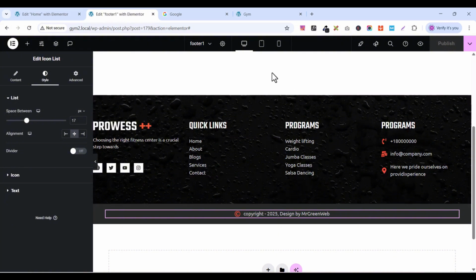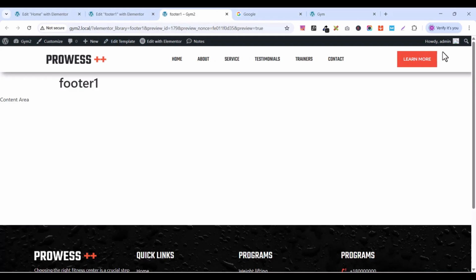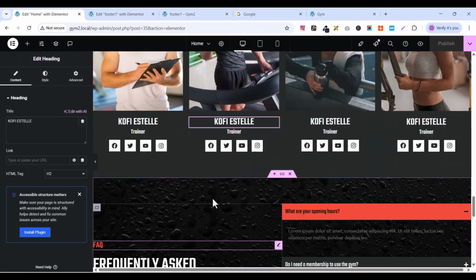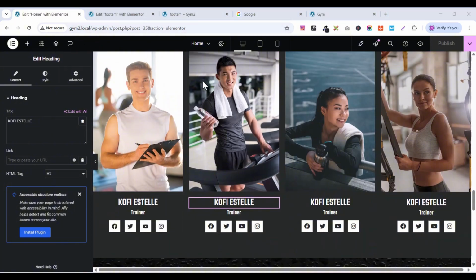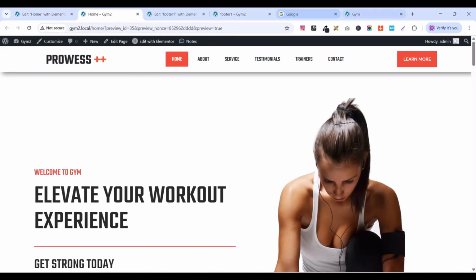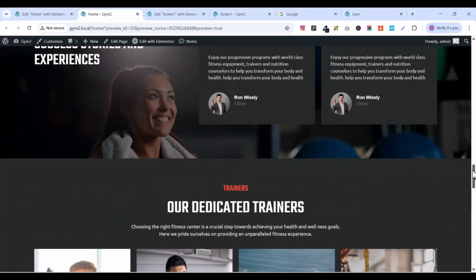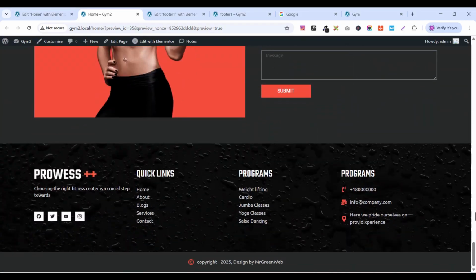Okay, then I'll preview it. All right, so you can see this is the footer we just created. So let me go back to my home page working environment. This is my home page working environment, and I'll preview the whole page here. Okay, so as you can see, we started designing this header and this section. We did all this section. So let's check our footer, and as you can see,